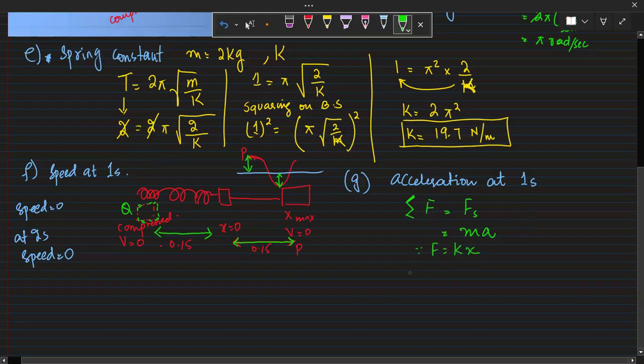Since it is a restoring force, we plug in minus kx, and on the right-hand side is going to be ma. F equals ma from Newton's second law of motion, and F equals kx from Hooke's law. So we're going to compare them,